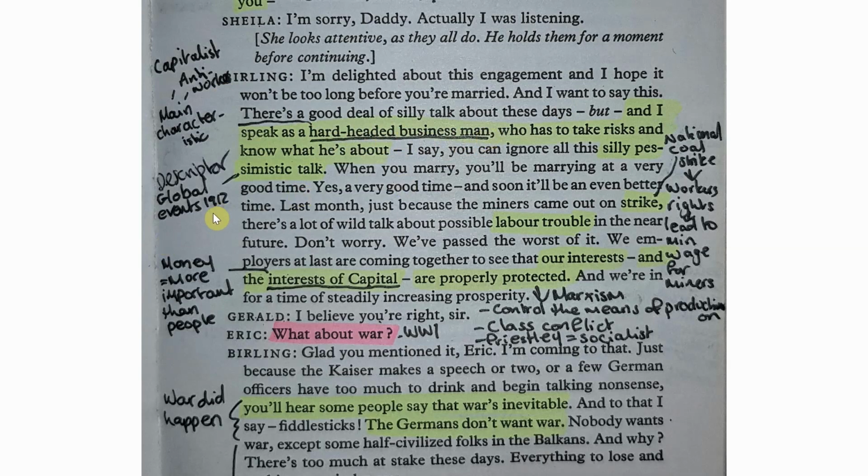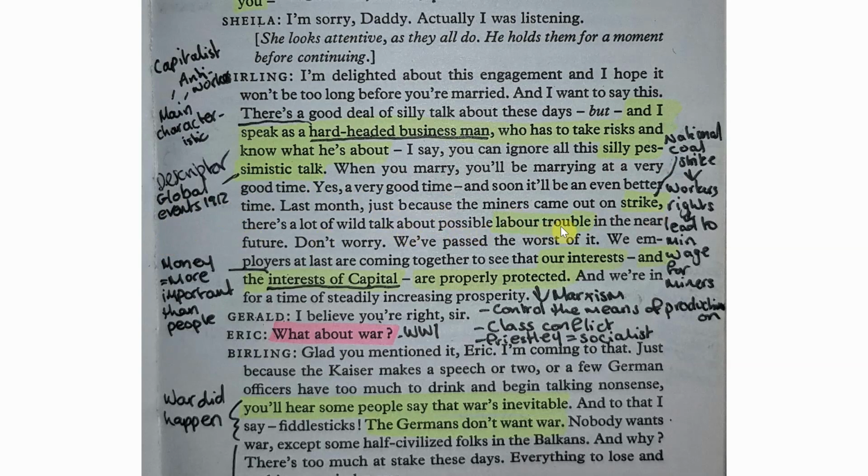Now, bear in mind that this play was set in 1912. A lot of the things that Mr. Birling is going to talk about in this speech refer to global events of 1912. And he describes them as silly, pessimistic talk. Now, the first of those events, he talks about last month, "just because the miners came out on strike,